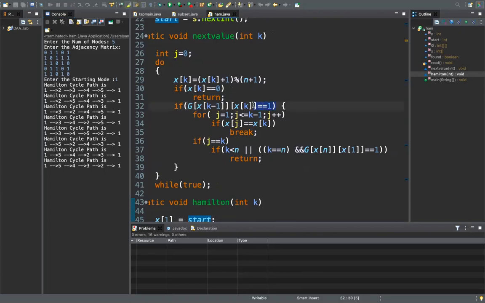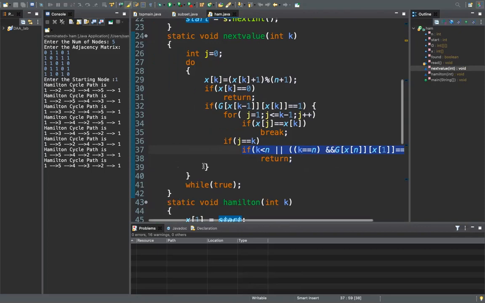Here it will check whether there is an edge between the current vertex and the previous vertex. And this condition will check whether there is an edge between the last vertex, that is the last value in the array, and the starting vertex. So see, this program is very simple.